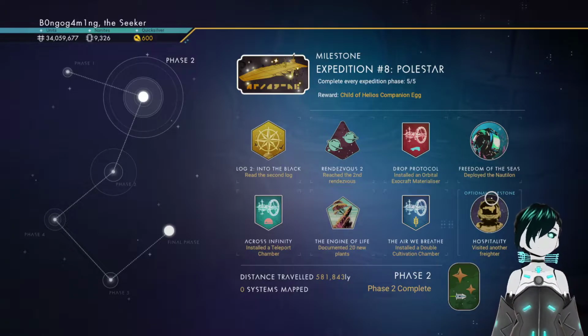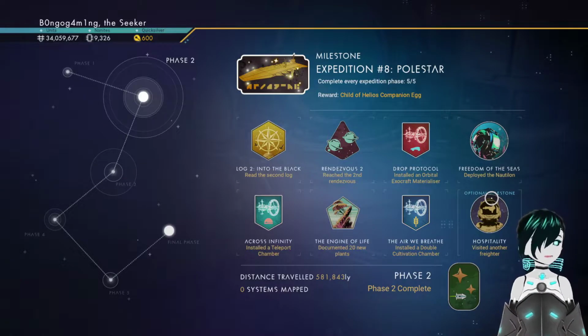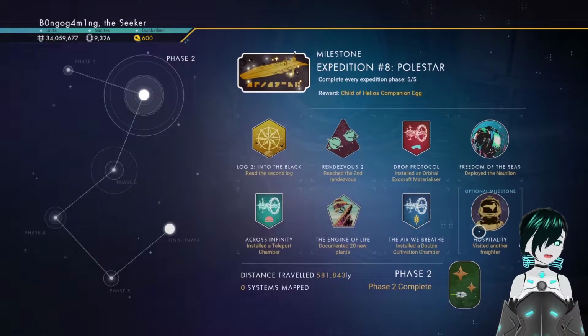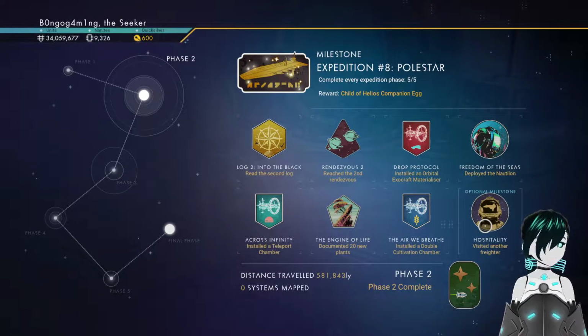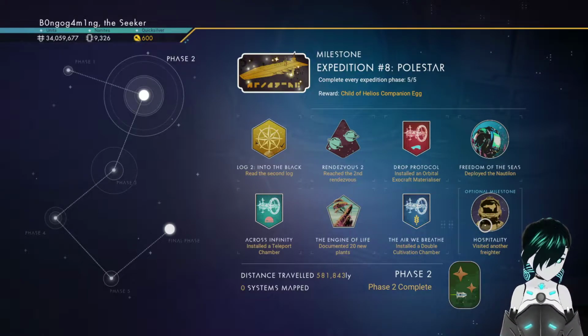So let's say that you're playing with a friend. You ask them to spawn their freighter. You visit their freighter because you want to see how they modified their freighter and stuff, and you get this achievement. The prize that you get from this achievement is, pay attention, the Atlas Pass set, the Glyph set, and 5 million units. I repeat,